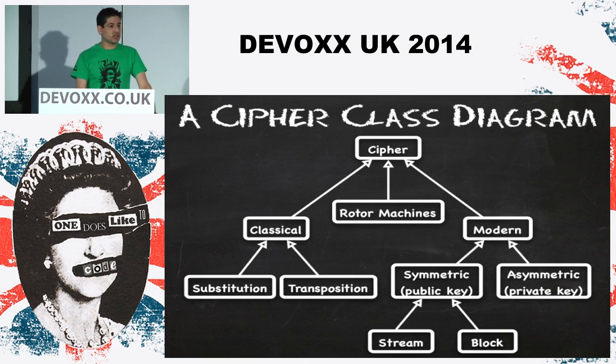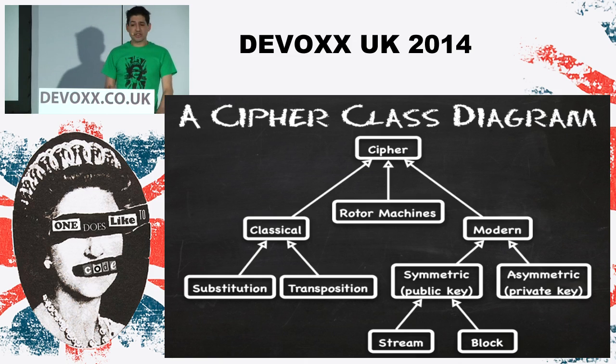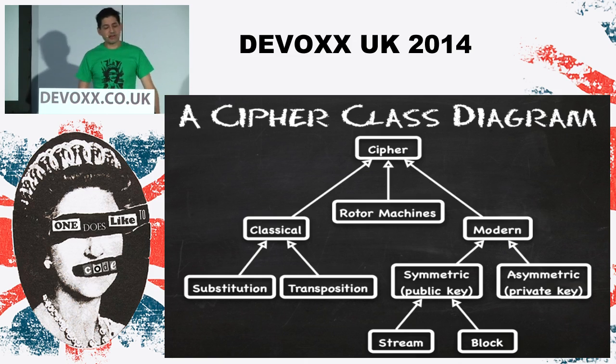Once we started introducing computers, we started going back to the classical ciphers, which are substitution. That's really simple, like ROT13. You rotate all the letters in the alphabet by 13, so A becomes M, and so on. Obviously, that's a really easy one to crack, but there are similar ones that are more complex that are still in use at the moment.